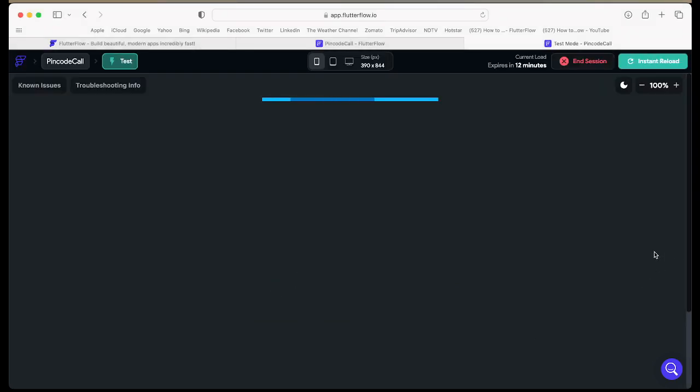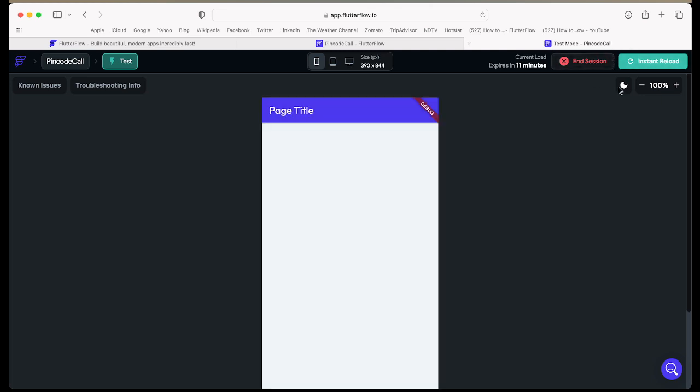Alright, so when you are running your application in test mode in FlutterFlow, you will just see this button here, which is generally not available in the run mode. If you see this instant reload, it will instantly reload the page, and the current session will be available for 11 minutes as I'm using the free and open version. I'm not using the enterprise version as of now. So the open version is available for 11 minutes. All right, so let me come